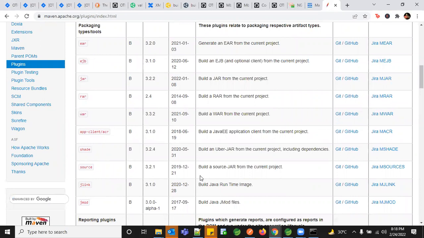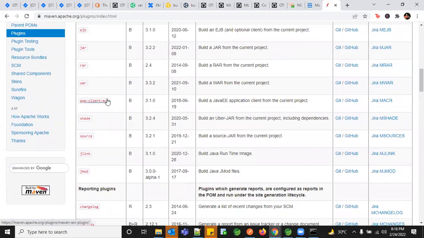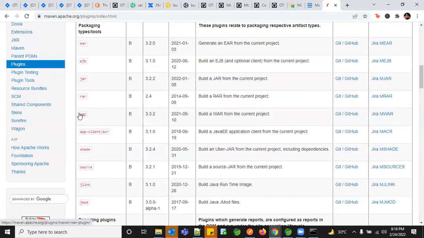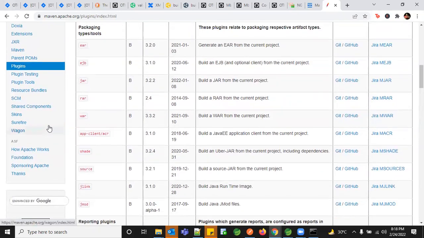As a Java application, we mostly go with jar, war, and EAR projects. The other ones we don't prefer often, unless you have performance-related projects, then we might go for the others like JLink, JMod. But other than that, in real-time applications, you mostly go with these three packages: EAR, jar, and war. So in this part,